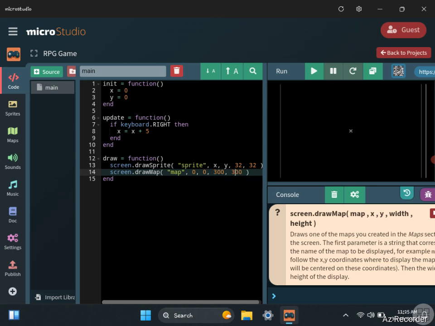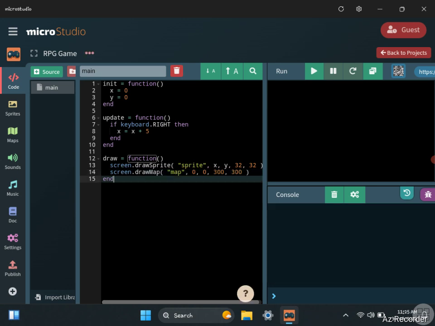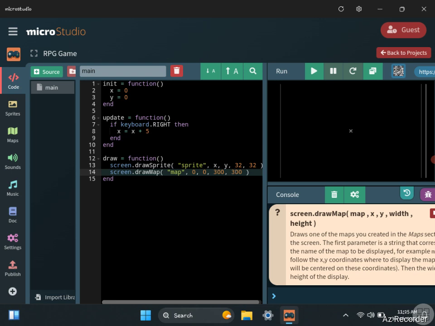We have a sprite, where is it? As you can see here, we have the draw map function extension. After that, the draw sprite thing. So we have to just